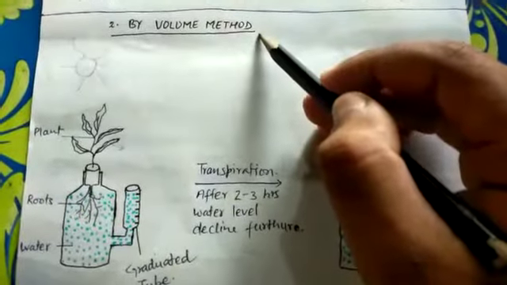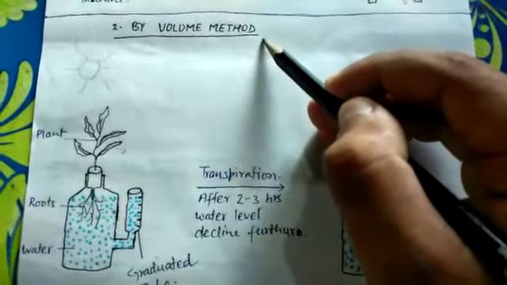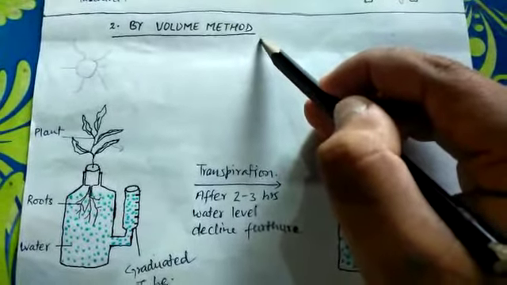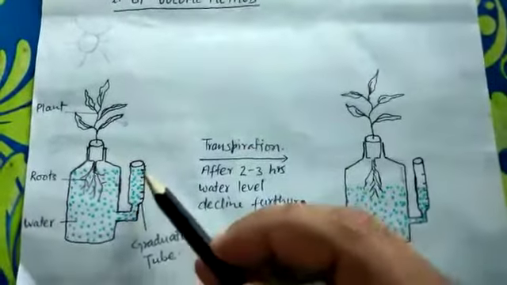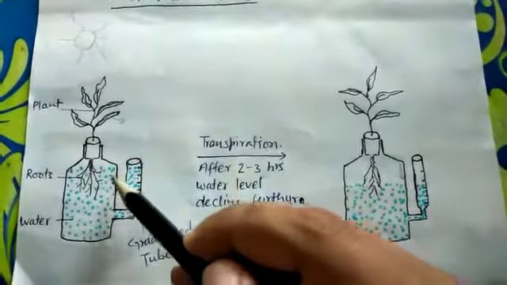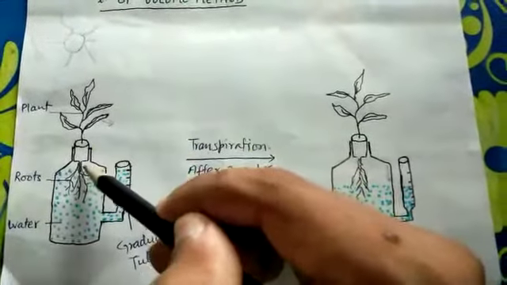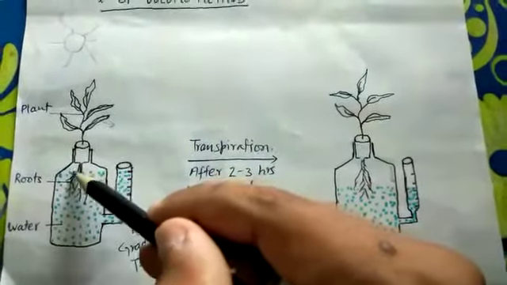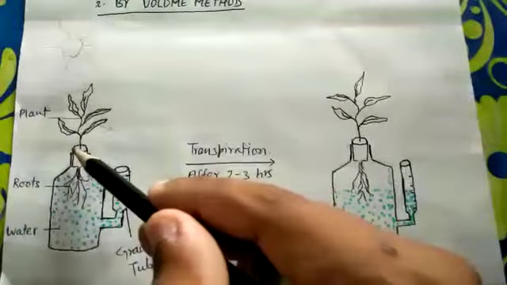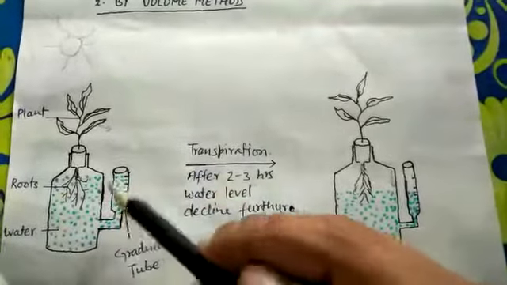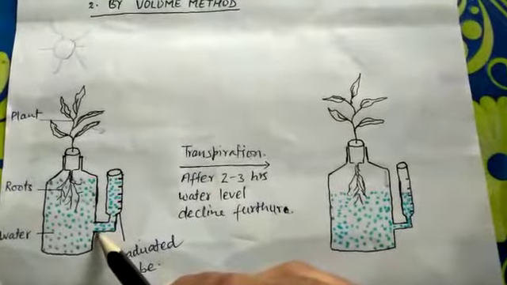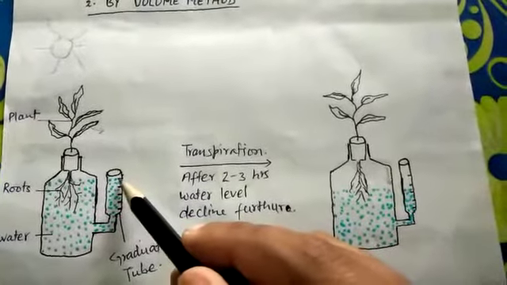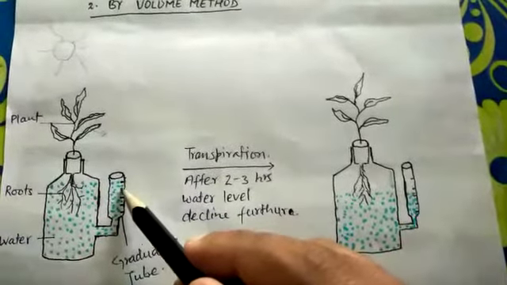Hello students, today we will discuss the measurement of the rate of transpiration by the volume method. In the volume method, we have a certain experimental design which includes healthy plants, and the roots of the healthy plants are dipped inside water, which is contained in a wide mouth bottle. This wide mouth bottle is associated with a graduated tube, and on this graduated tube